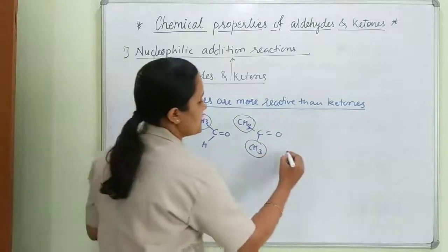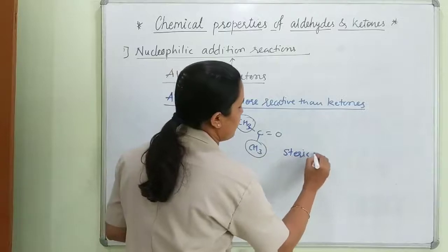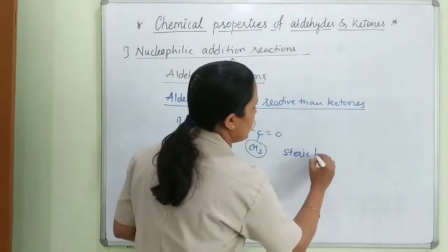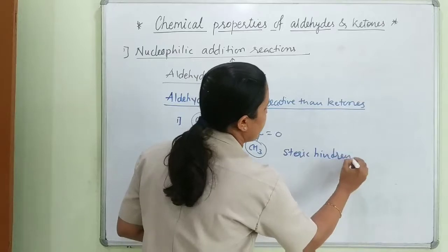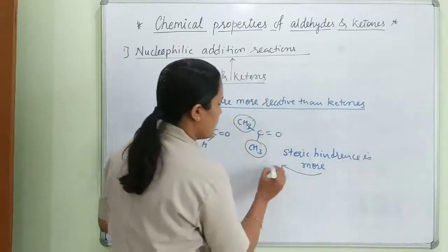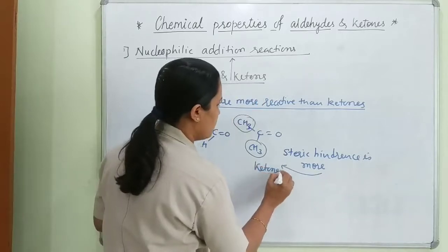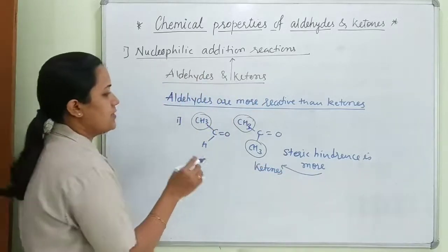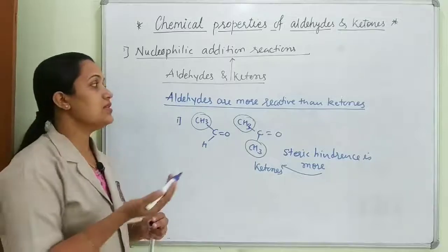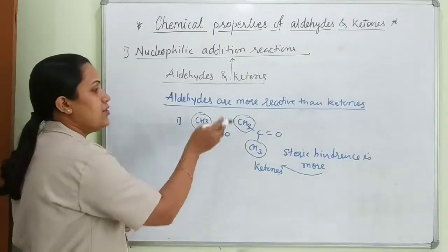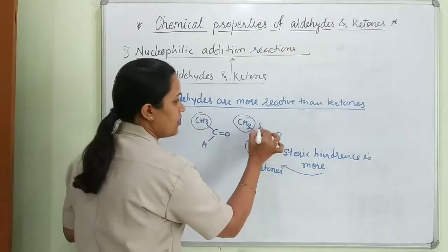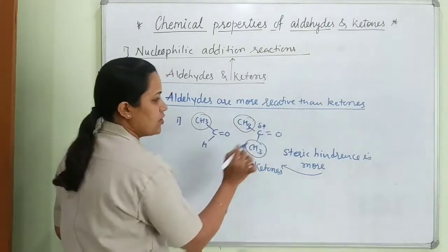So due to the steric factor, or I will write it as steric hindrance, what will happen here? Steric hindrance is more in the case of ketones, and in aldehydes the steric hindrance is less. Now how is this steric hindrance related to the reactivity? See, students, here on this carbon a partial positive charge is there,